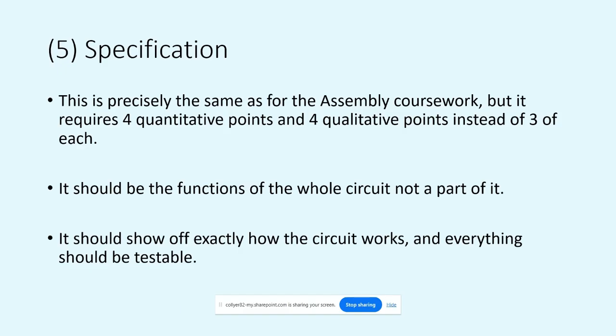Specification. This is exactly the same as for the assembly coursework, but it requires 4 quantitative points and 4 qualitative points instead of 3 of each. And it requires 3 realistic measurable parameters, which all of your quantitative points should be anyway, so this isn't really a big ask. It should be the function of the whole circuit, not a part of it. So it shouldn't be, my circuit is going to have 3 LEDs, because guess what? We can see them. That's not really saying anything. It should be